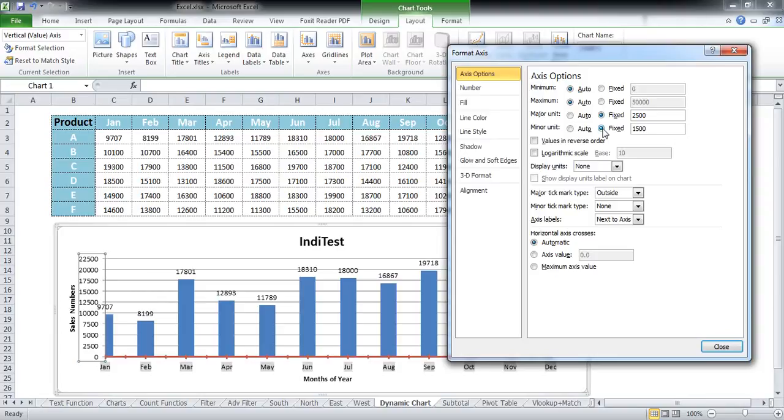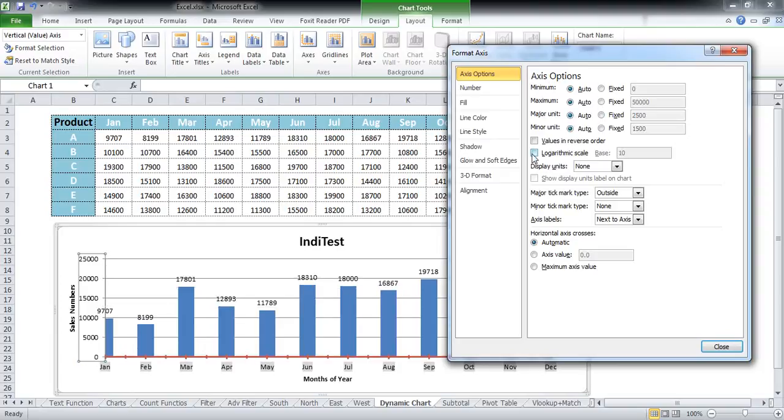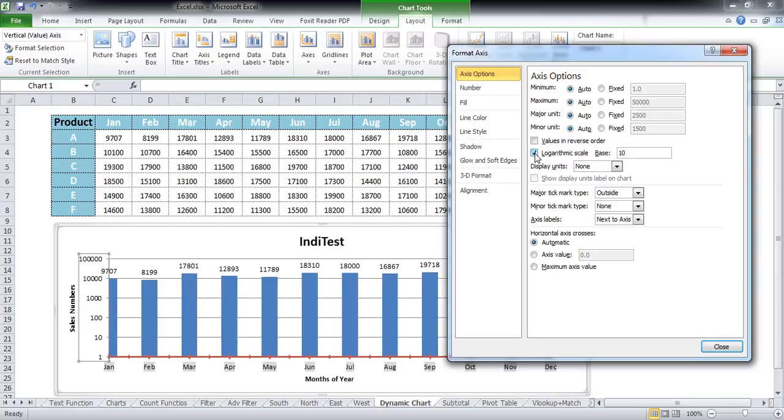The next thing is, what if you wanted your axis to appear in the form of a logarithmic scale? So all you need to do is select the logarithmic value over here, and there it is. Now the whole of your values are in proportion of a logarithmic scale of base 10, and the only difference is that it is now representing the whole of the values in the form of a logarithmic scale. Now be very cautious when you are having a logarithmic scale, because it is always prone to misinterpretation.